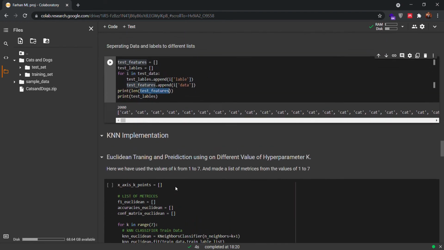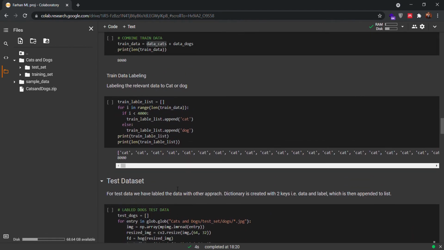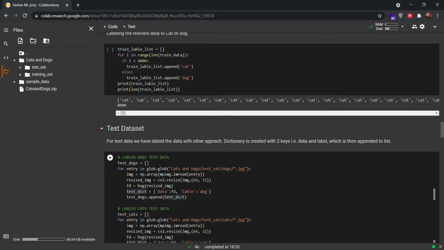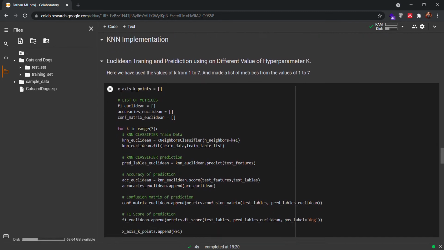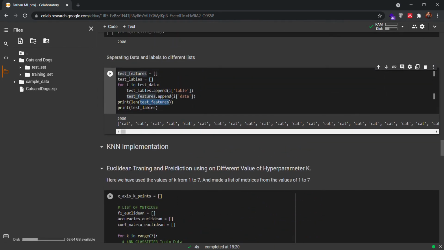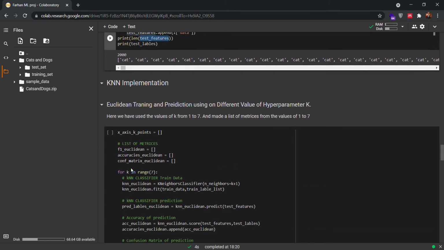Here I have divided the columns into Manhattan and Euclidean. In Euclidean we have used the hyperparameter k with values from 1 to 7. Basically what I did was compare the result with the value of k and the method of distance calculation. This means that after all the processing is done, we will have a list of length 7, because the value of k goes from 1 to 7.